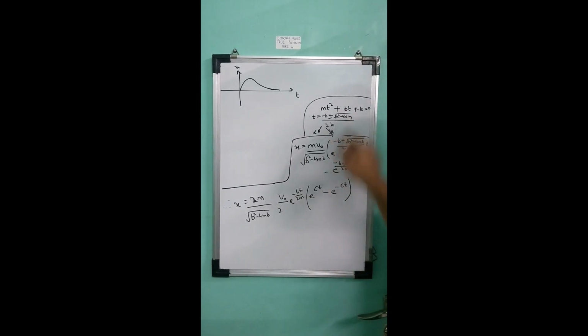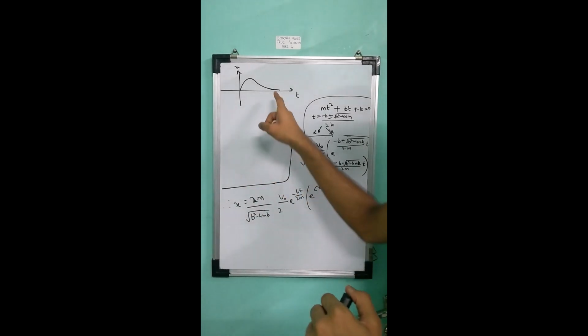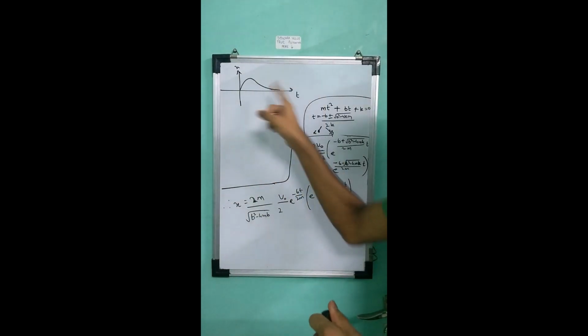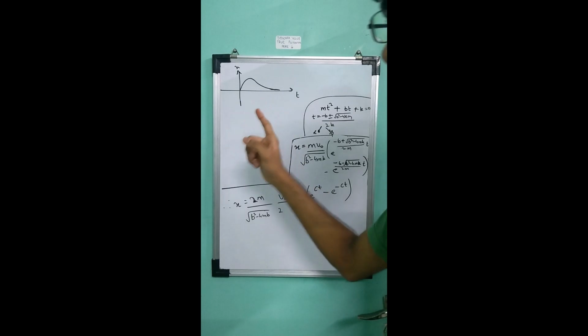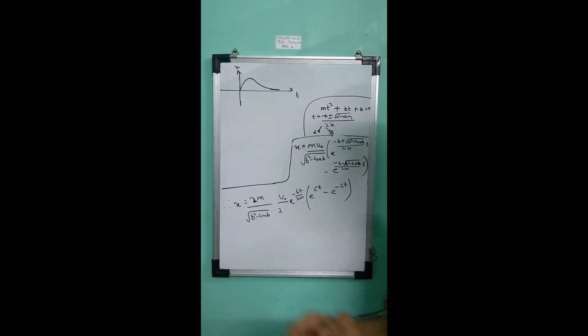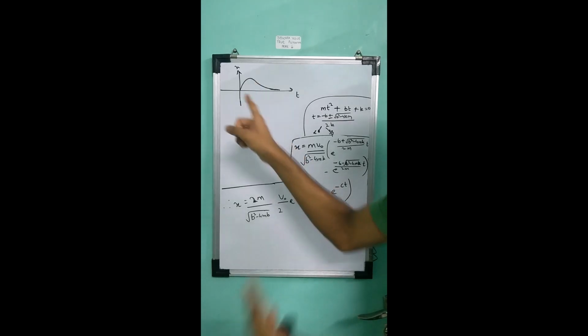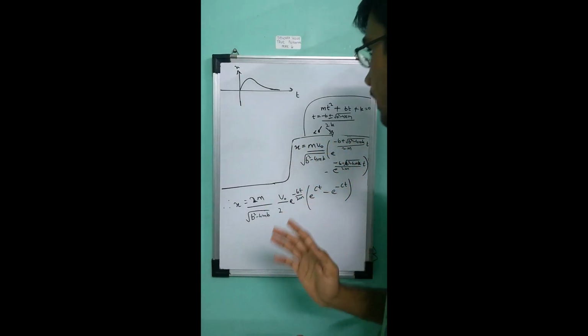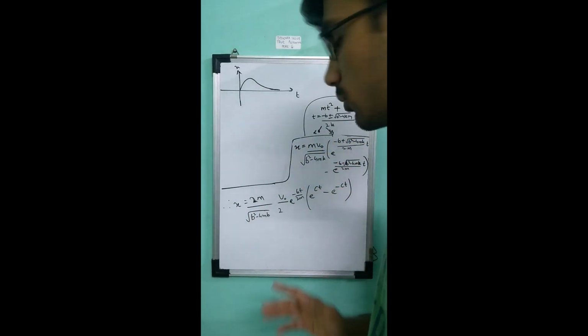So this will be imaginary. Now, wait a minute. I know what you're thinking here, that this is not an SHM. Where does the SHM come from? Why do we even call it an SHM? This is in no way an oscillatory motion, right? So that is what I'm coming to.